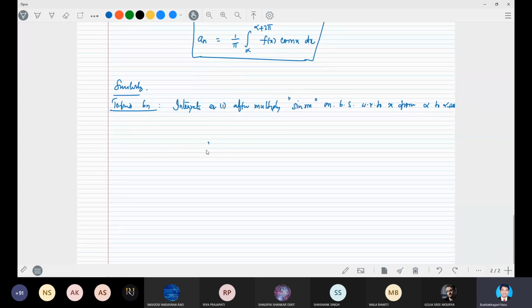So we will get bn is equal to 1 by pi integral from alpha to alpha plus